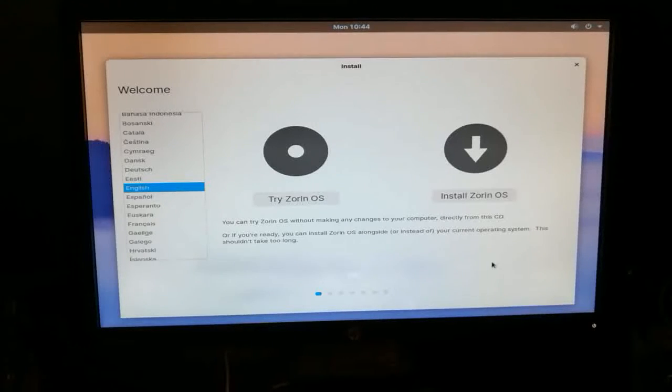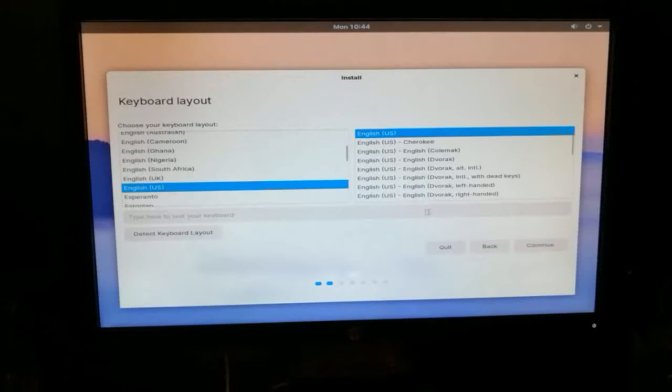So you have two options. The first one is try Zorin OS without installation, and the second one is install Zorin OS. I'm going to select the second one, click on that, and for keyboard layout, select the language, English US, click on continue,